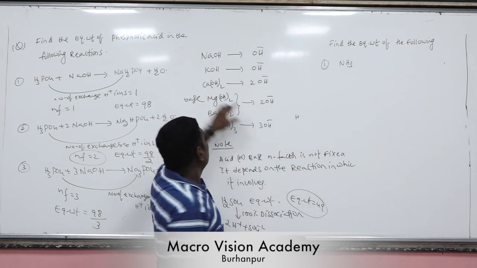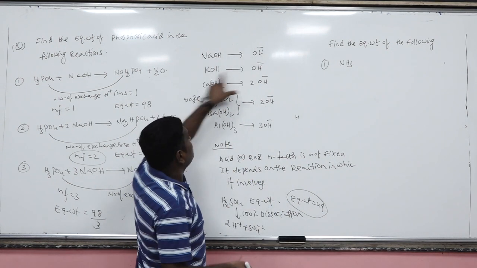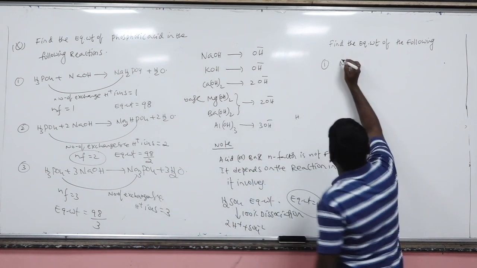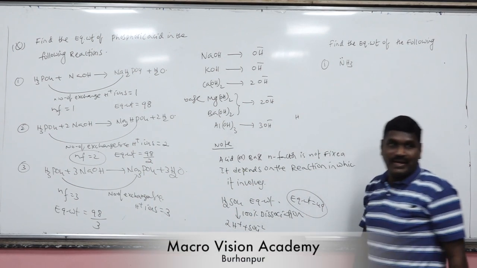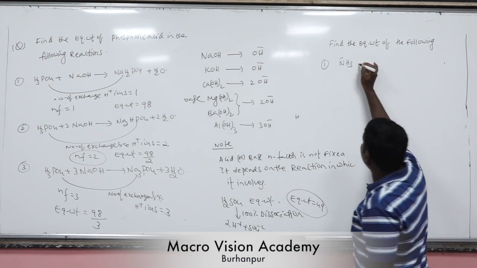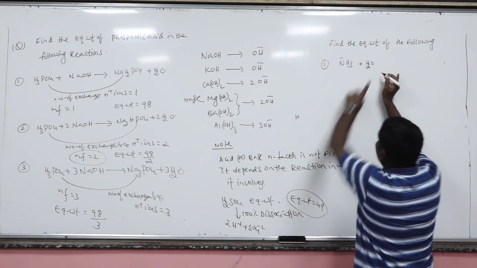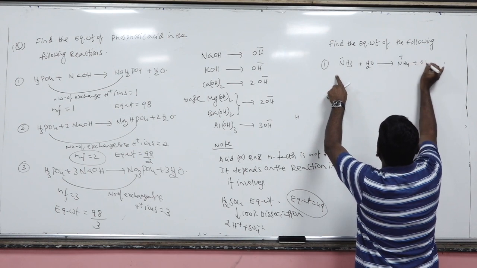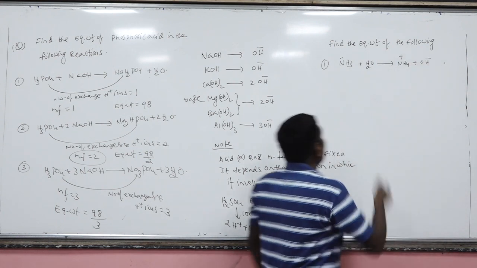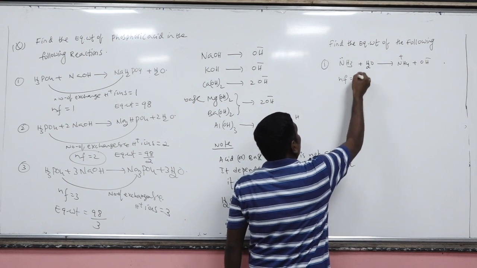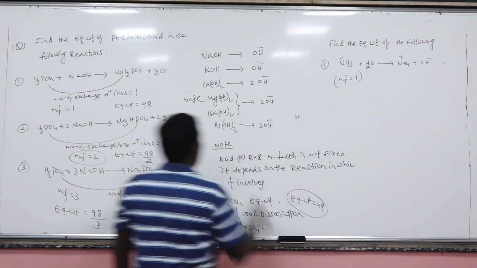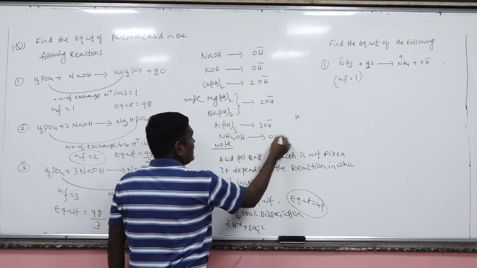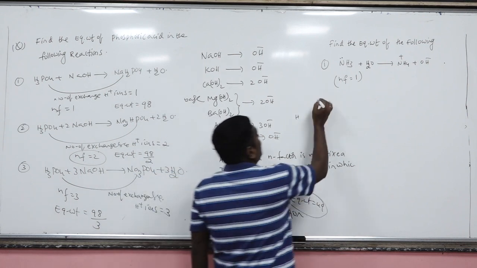Now, in a base, by the standard definition, how many OH minus ions will it produce? There is no OH minus ion in it. In the sense, nitrogen has one lone pair of electrons. When it is dissolved in water, it accepts one H plus ion and converts into NH4 plus and OH minus. Are you getting my point? So what is the N factor of ammonia? 1. Ammonia actually exists as ammonium hydroxide.